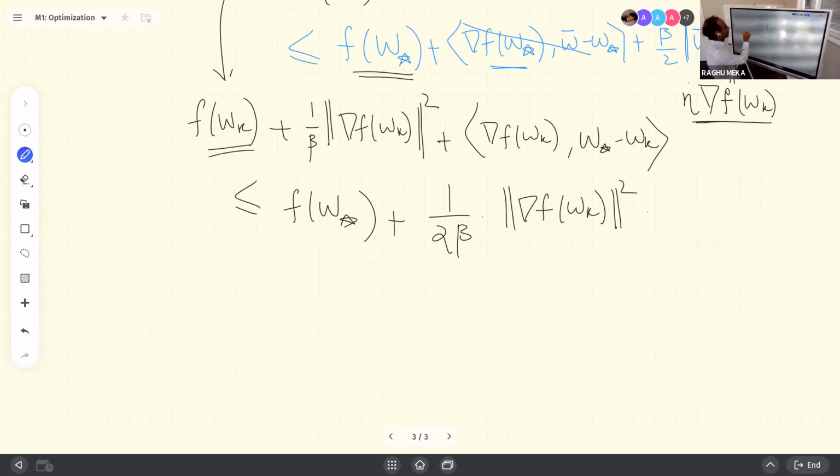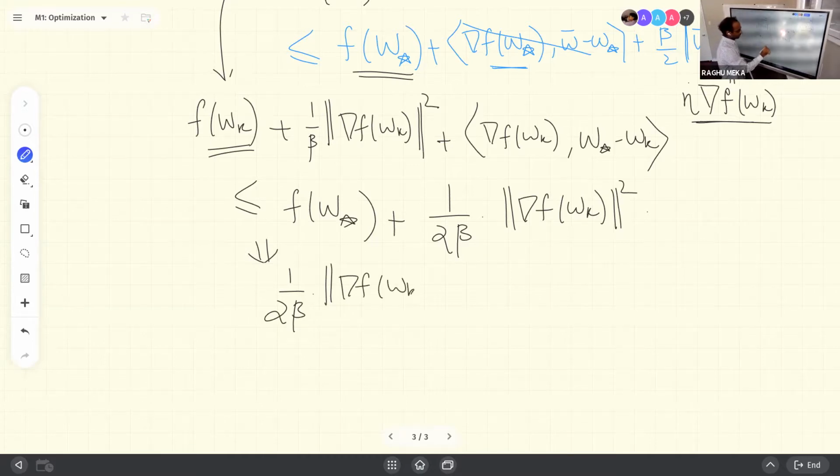And we know that the function value at wk is at least as big as at w star, right? So this implies that 1 over 2 beta times the gradient squared is at most